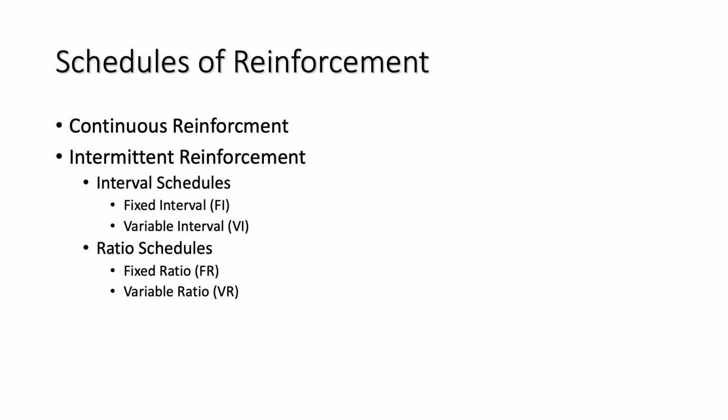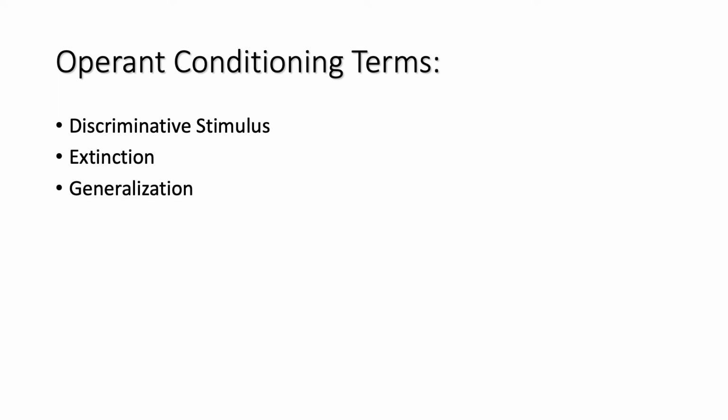I've really skimmed over this very superficially, but I do want you to understand the differences between continuous and intermittent reinforcement, and then to understand the different schedules by which intermittent reinforcement can be delivered. There are also a number of operant conditioning terms discussed in the textbook that I'll want you to be familiar with. Discriminative stimulus, extinction, generalization,